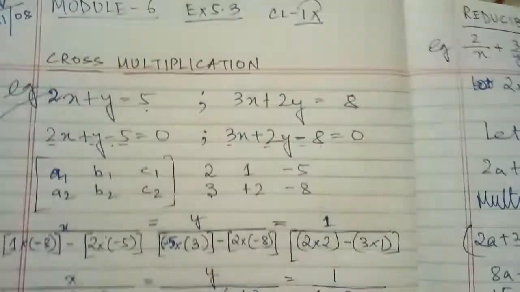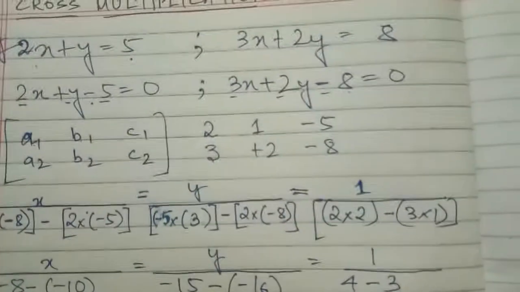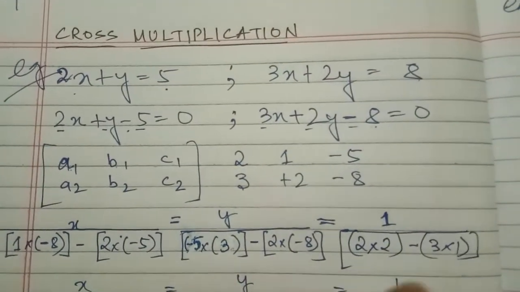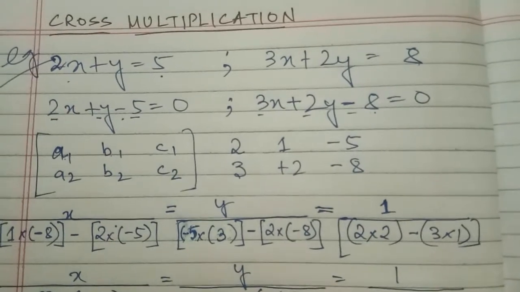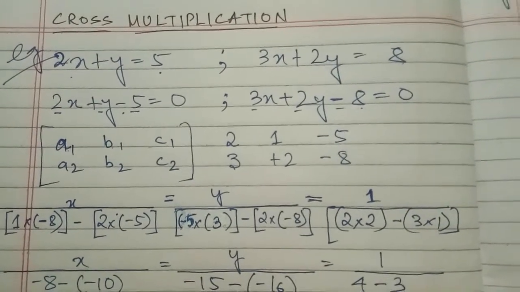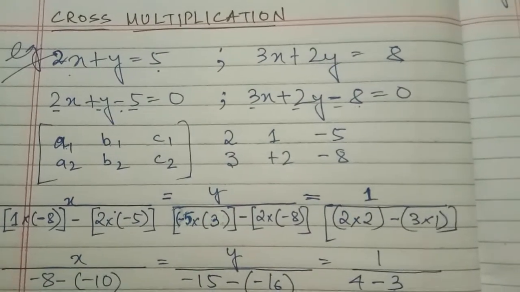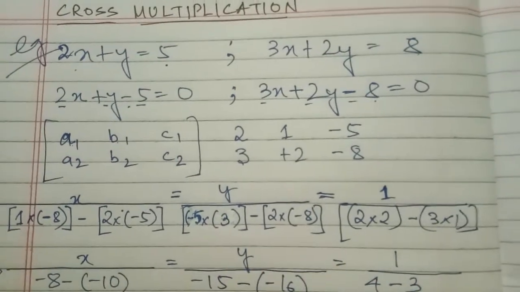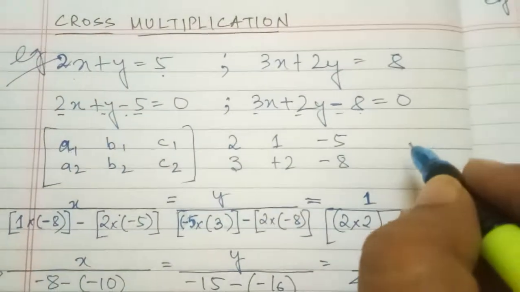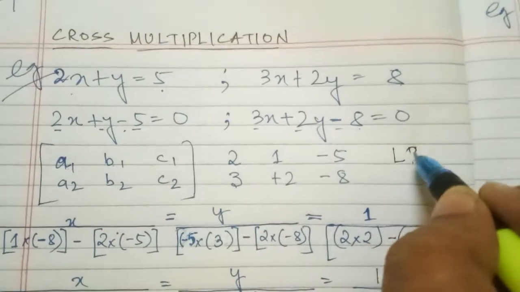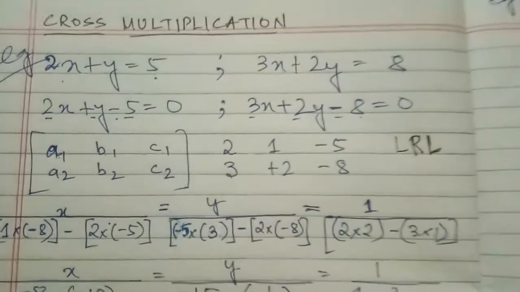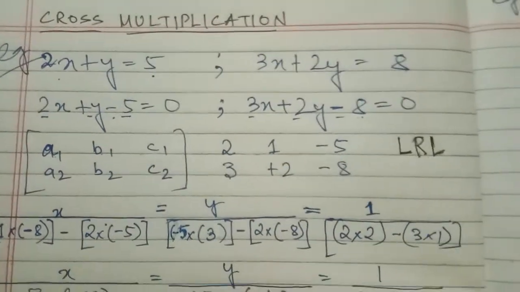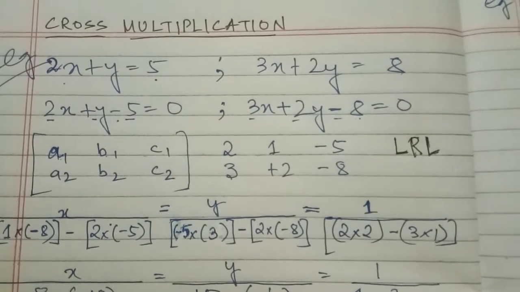Now, this is one method we did during the March past also. The formula I have not written anywhere, but if you go to the formula in the book, the method is written the same way, but it will be difficult for you to learn. So here I have done it in a different way, but the process and the method are the same. You did left, right and left in the March past, I think. Here I am using this type. Why? See, it will be easier to find it out with the cross multiplication method.